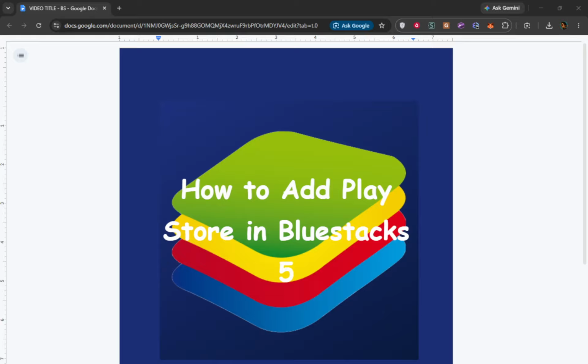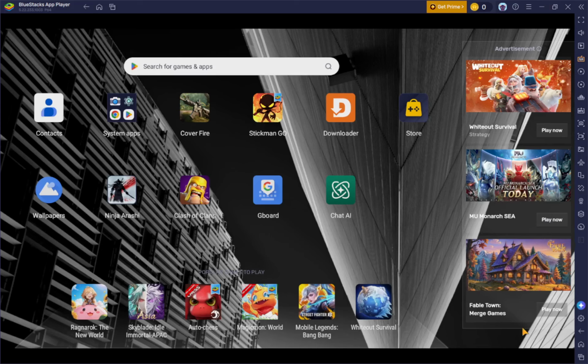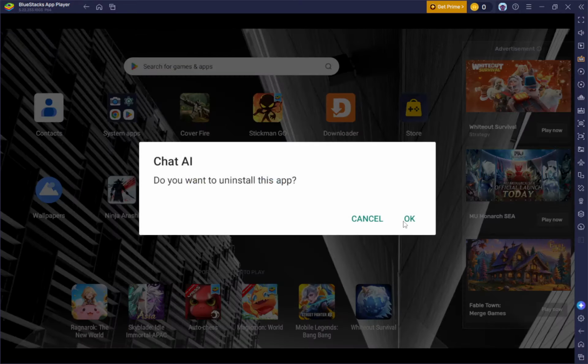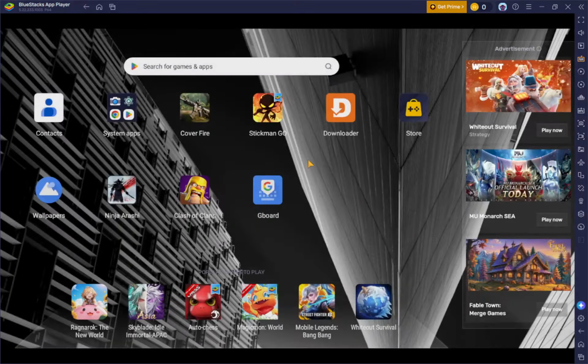First, open BlueStacks 5. If you installed it recently, use the shortcut on your desktop or from your Start menu and wait for the main window to appear. You will know BlueStacks has fully loaded when you see the main Android-style interface with app icons and a bottom bar with controls. If BlueStacks asks for permissions on first launch, allow them so it can run properly.